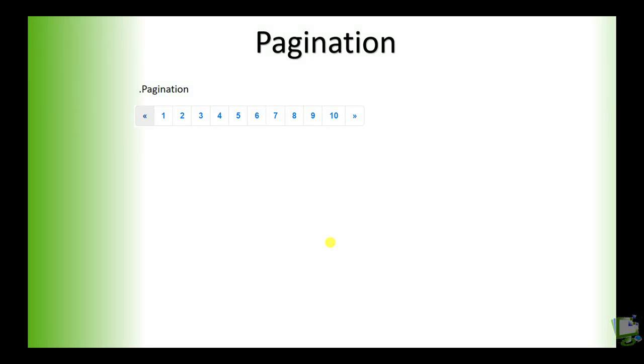Bootstrap pagination component is used to display the paging in our web page. Generally, we do not want to load or display bulk of data in a single page. Instead, we want to display some set of data in one page, and in the next page we want to display the next set of data. So paging functionality allows us to break a large chunk of data into a smaller subset and display them on different pages.